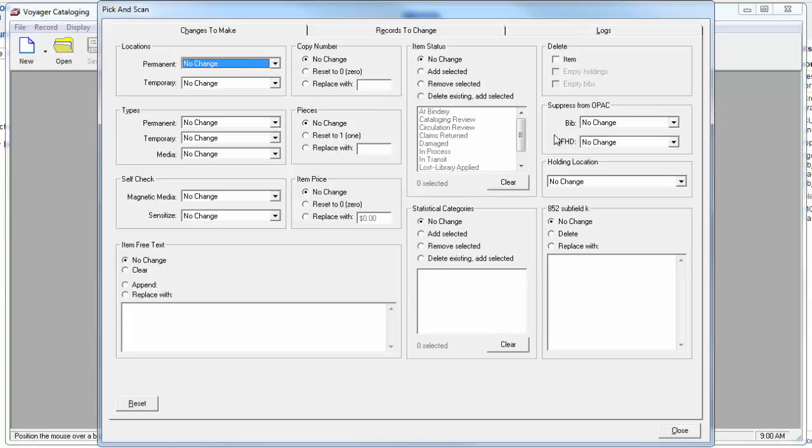There are things like suppressing from OPAC that can be done in a large group. If you have self-check, there are ways to either sensitize or desensitize a large number of objects. Again, some of these are self-explanatory, but as you can see, there are a lot of things that you can do to a large number of objects. So once I have determined the changes I'm going to make,